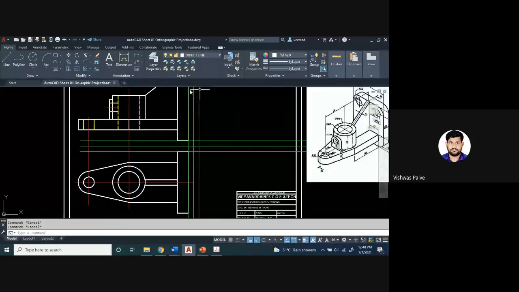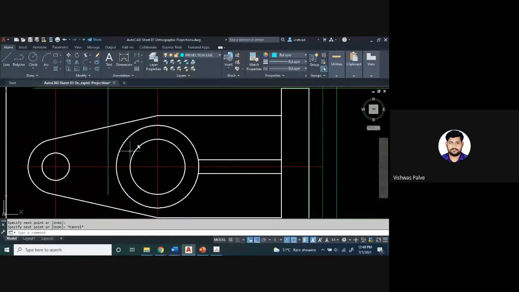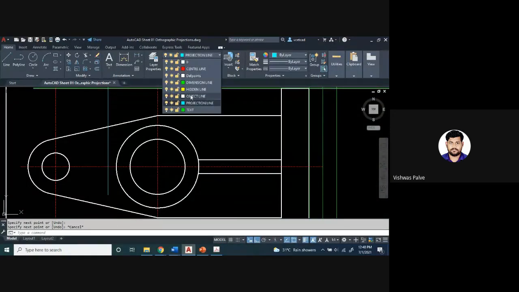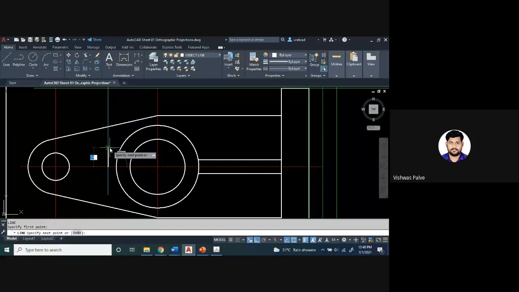While showing that, you can directly take a projection. Projection lines, I'll switch it on. Take a projection from that point. Vertical projection, one second. L enter. Take a vertical projection. Now I'll select object line. From this point, 14 millimeter.